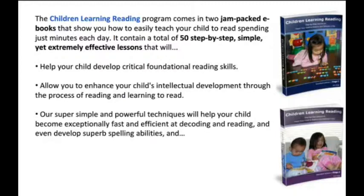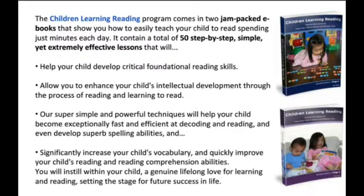Our super simple and powerful techniques will help your child become exceptionally fast and efficient at decoding and reading, and even develop superb spelling abilities and significantly increase your child's vocabulary and quickly improve your child's reading and reading comprehension abilities. You will instill within your child a genuine lifelong love for learning and reading, setting the stage for future success